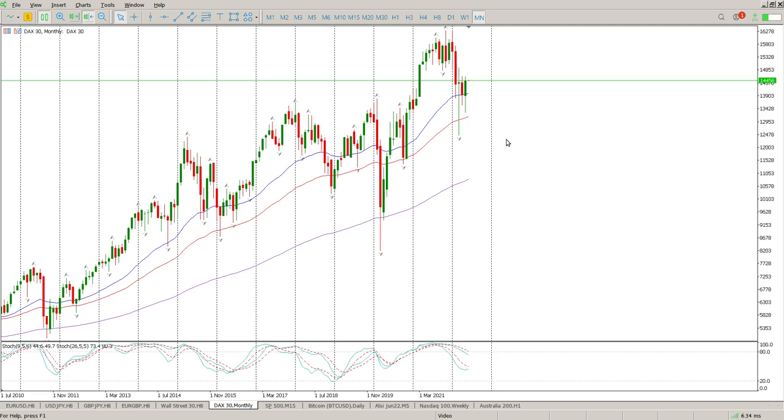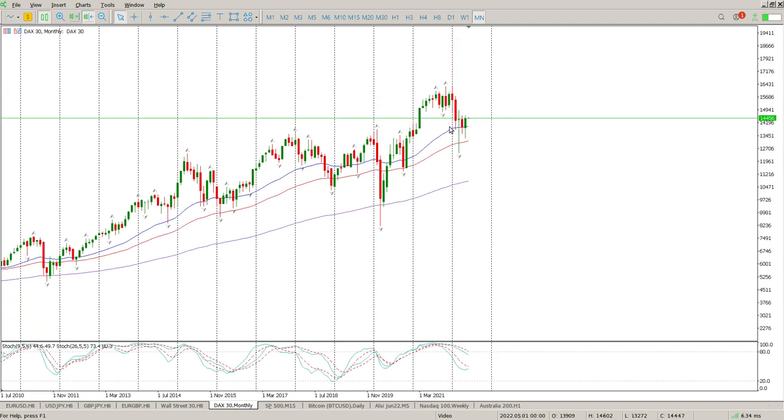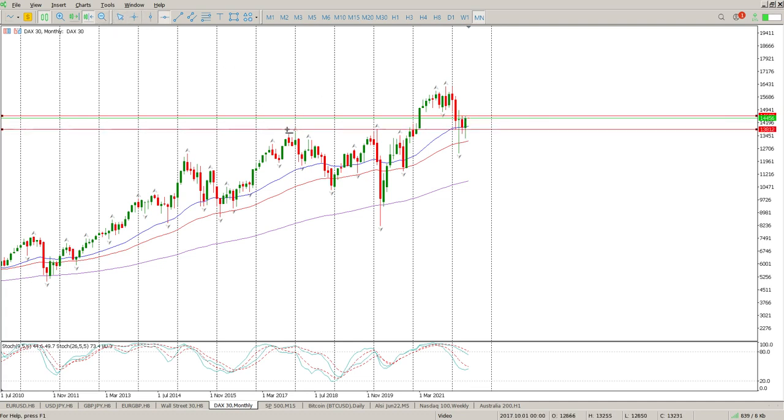Just starting off in the monthly, and this looks a little bit different to the US markets. If you look at those tails, that is a story of buyers coming in. We do have an engulfing bar at the moment. At the top of the monthly bar, you can see there's quite a bit of interaction there. And I want to bring that in, so you can see that is the previous monthly swing